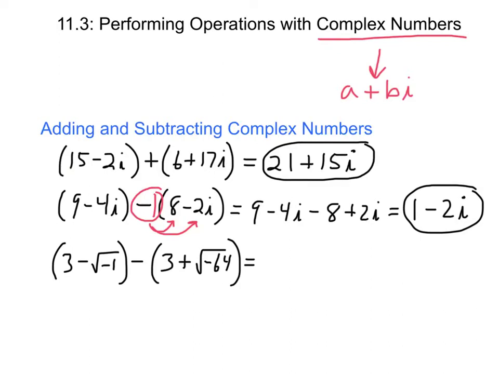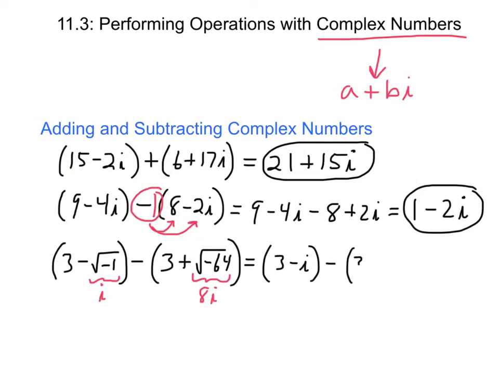Now in this next example, the numbers that we're dealing with aren't already in i form. So you've got a couple of imaginary numbers here. You've got the square root of negative 1. That's really i. And you've got the square root of negative 64. Now the square root of 64 would be 8, but since it's a negative 64, that means it's 8i, because it's an imaginary number. So you'd always want to convert them over to i form first. So really what we have here is 3 minus i